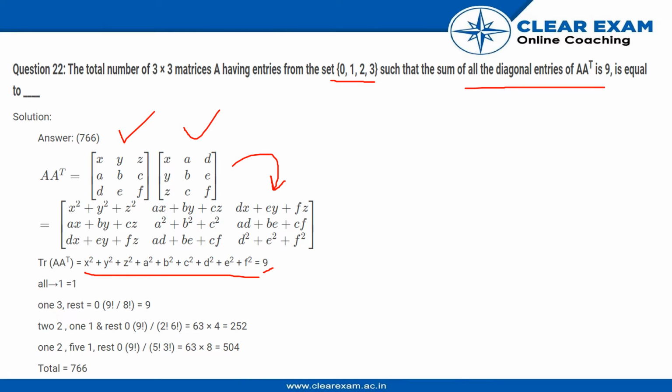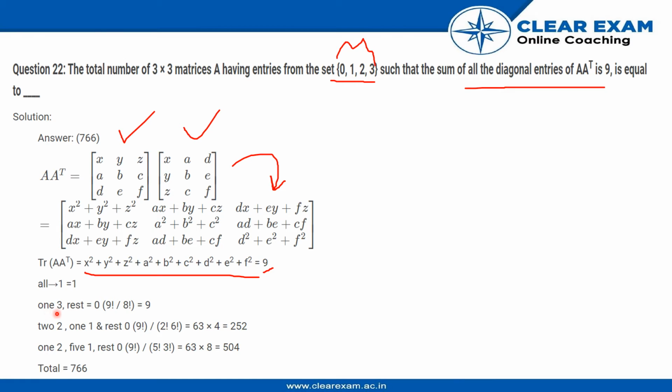Now, these are 9 squares, and we are choosing numbers here, so look at the possible combinations carefully. Here we have 9 squares and the total is 9, so if we put 1 in each square, we satisfy the equality. So there is only one way to have this, that is the matrix having the number 1 in all its entries.